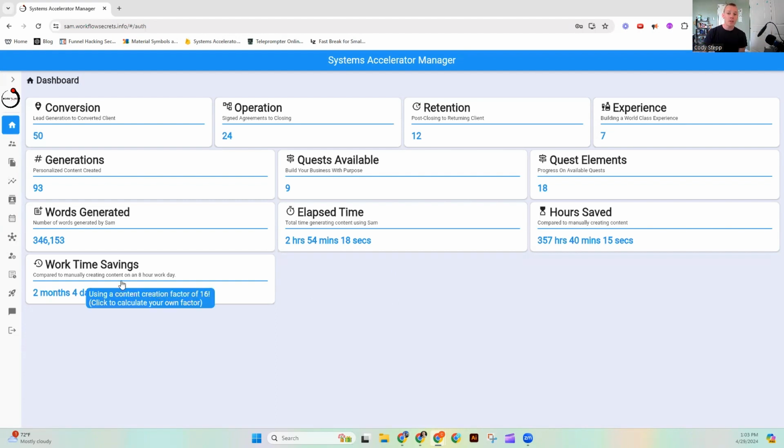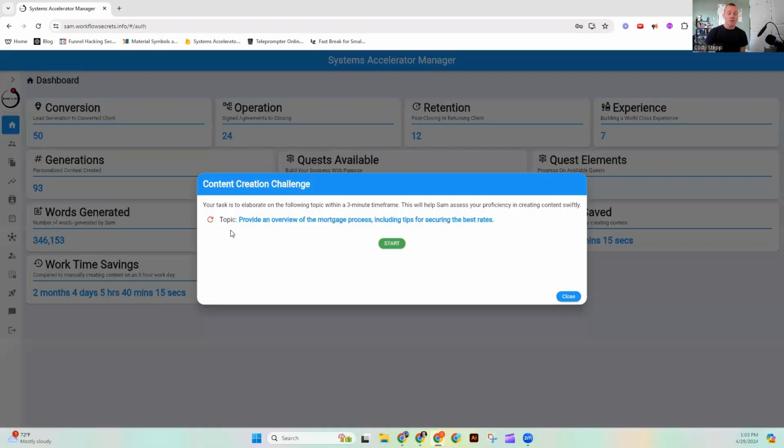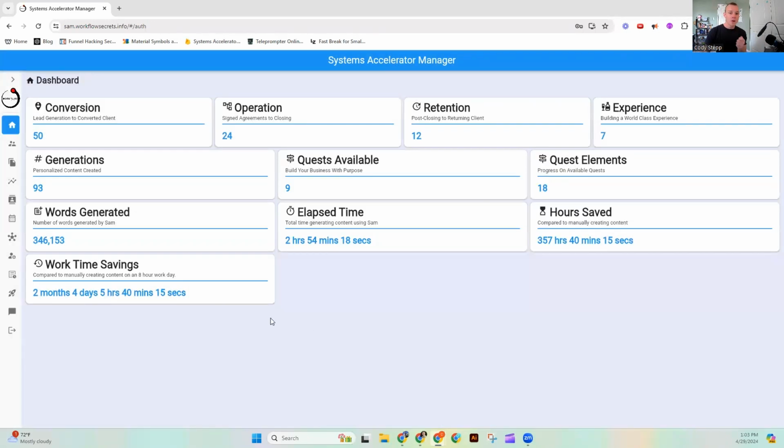But if for some reason you wanted to look at your work time savings and you actually wanted to build it custom to you, you can actually click on this and you can start based on a pre-generated topic. You can start writing, and essentially it's going to speed check you. And then the system can customize those totals to you specifically. So that's what I've done. Turns out I write at about 14 or 16 rather words per minute. And so now it's factoring 16 words per minute to show you guys that overall time saving. So this is the dashboard of the Systems Accelerator, but